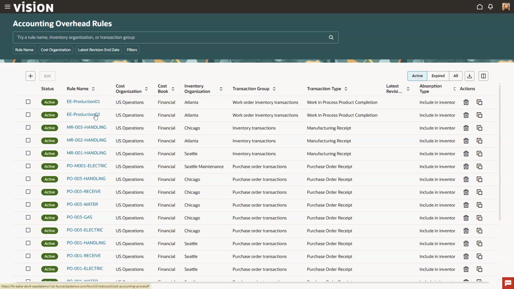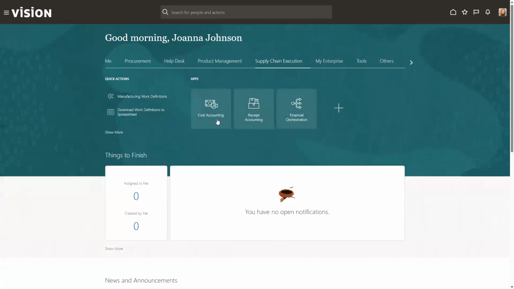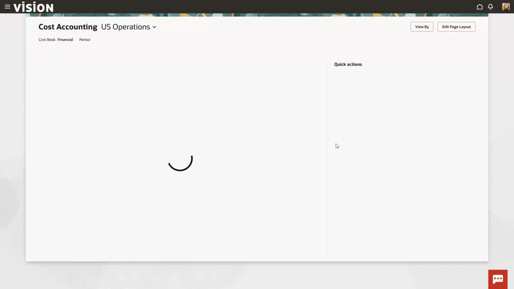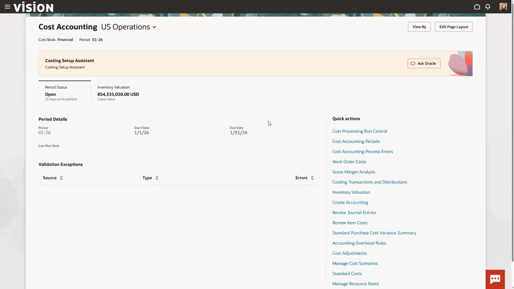Now, the next thing we have to set up, so we set up overhead. Now we're going to set up labor. So labor is back into cost accounting again. And what I'm doing now is I'm going to set up resource rates for labor and machines. And so we go into, if